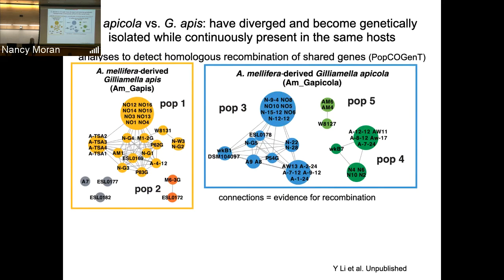And then apicola is another species, and maybe a couple of species. There probably are two species here, and they're occurring in Europe, North America, all over. And these are also Europe, North America. So